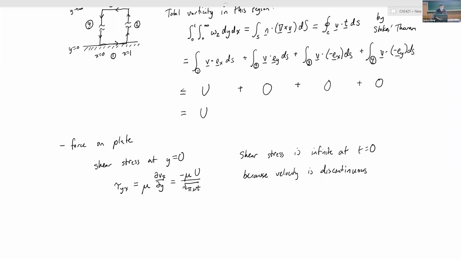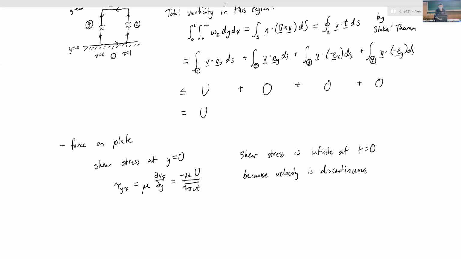Okay, any questions? Is the reason why the total vorticity of our system remains constant a consequence of the conservation of angular momentum, or no? Yes,